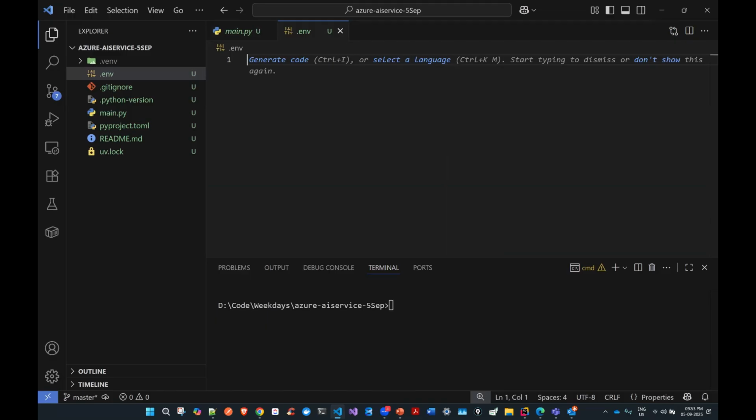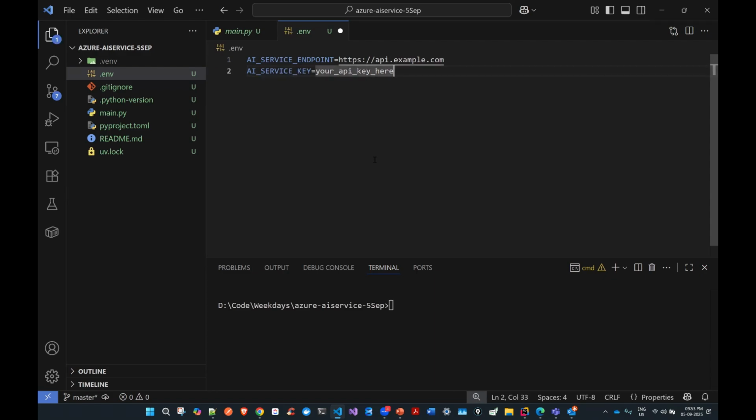Now in the .env file, I will add some environment variables. I will define here an environment variable, AI_SERVICE_ENDPOINT. I'm defining a service endpoint, and then we add here AI_SERVICE_KEY.